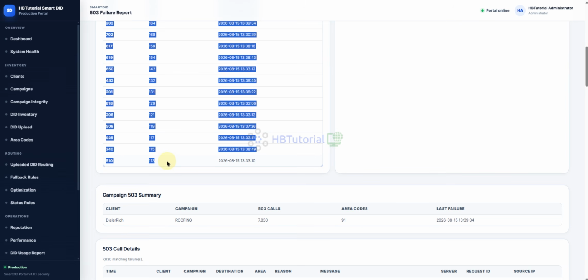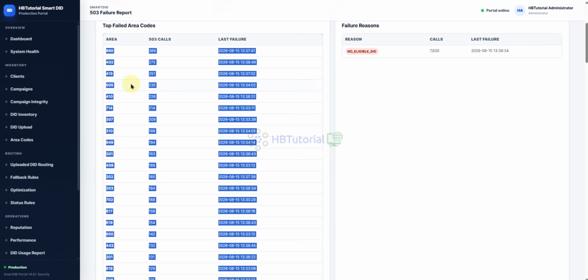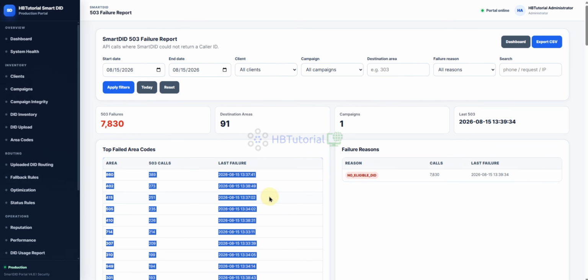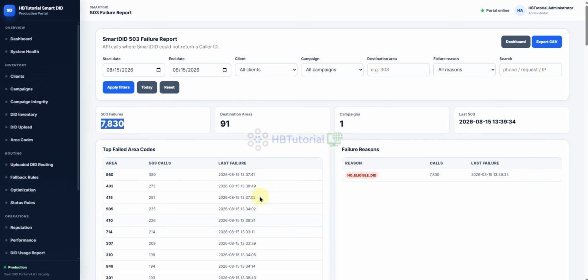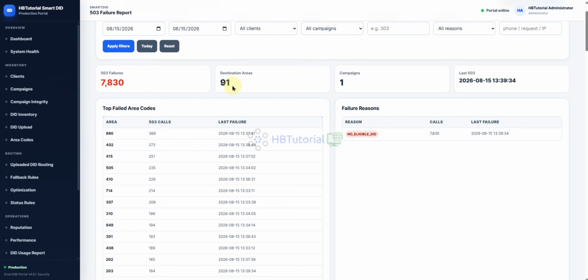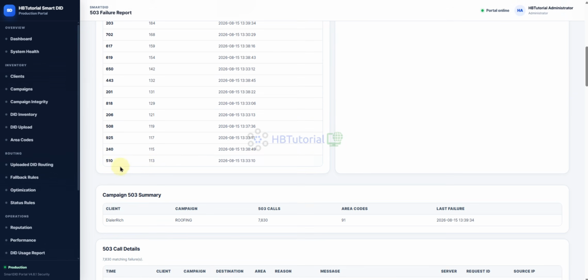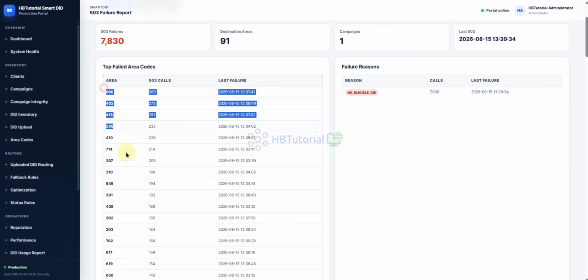So that shows an error on our Smart DID. For those, it says you need at least 91 area codes that you need to buy. At least you have one, or for this one, 380 calls made a day.